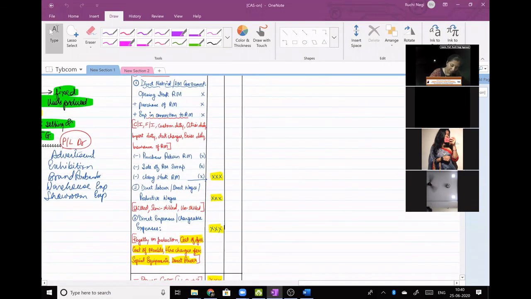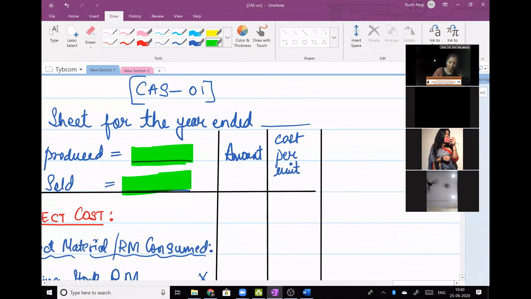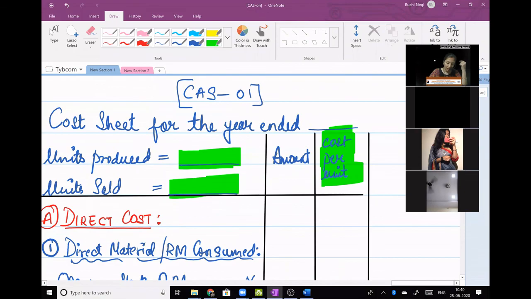Next lecture, we are going to see how to calculate units produced, units sold, and how to calculate the cost per unit column. I'll also teach you which few costs will not come in cost sheet. Textbook, we are not to take any textbook. I'll be giving all the notes with respect to my chapter, so you will not spend money on a notebook. Okay, fine. And next lecture we'll be studying how to calculate units produced, units sold, and we will see how